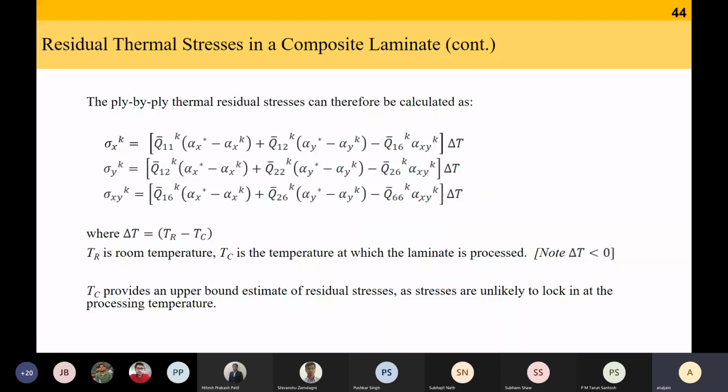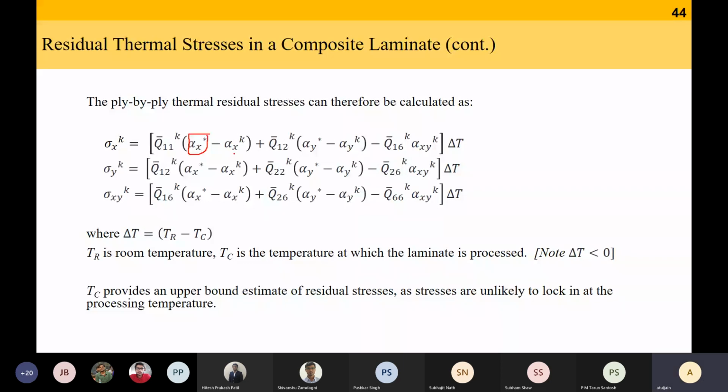And this is how you calculate temperatures, residual stresses. So you will calculate first of all the effective coefficient of thermal expansion: alpha x star, alpha y star, alpha xy star. You already know the coefficient of thermal expansion for each layer, which will be alpha x k, and you know